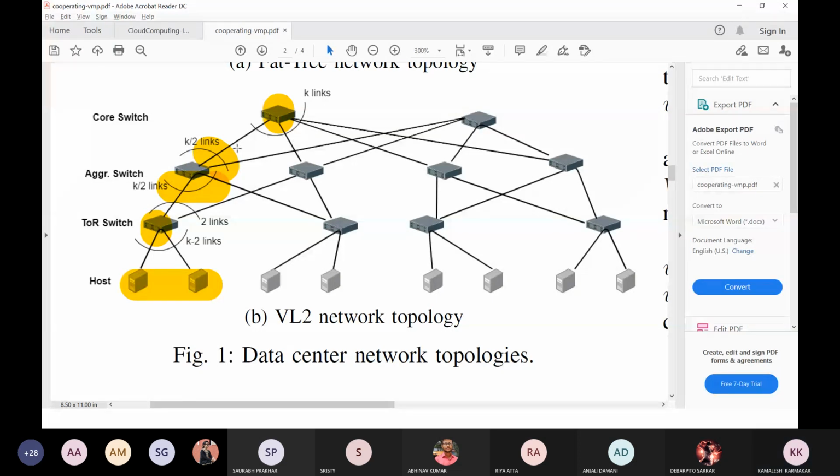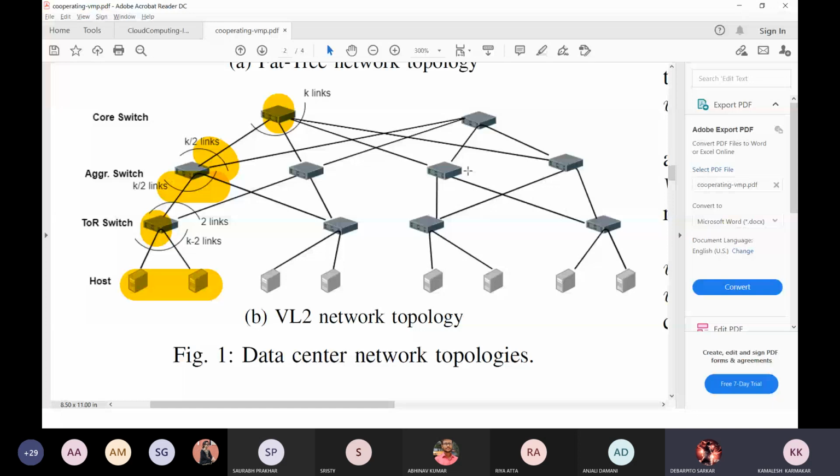In the aggregation switch layer, how many aggregation switches are there? Yes, sir, this layer has four switches.